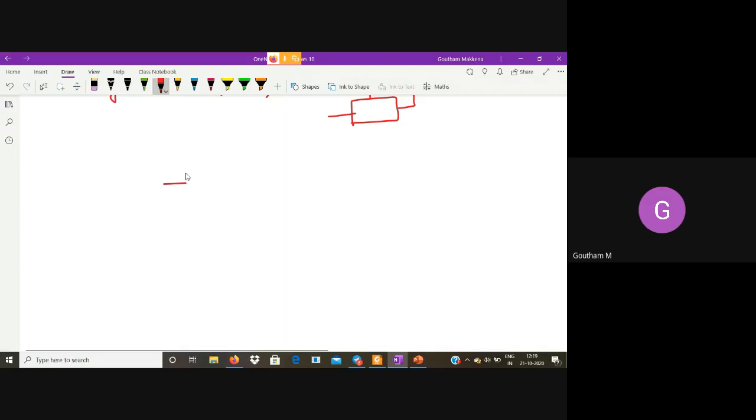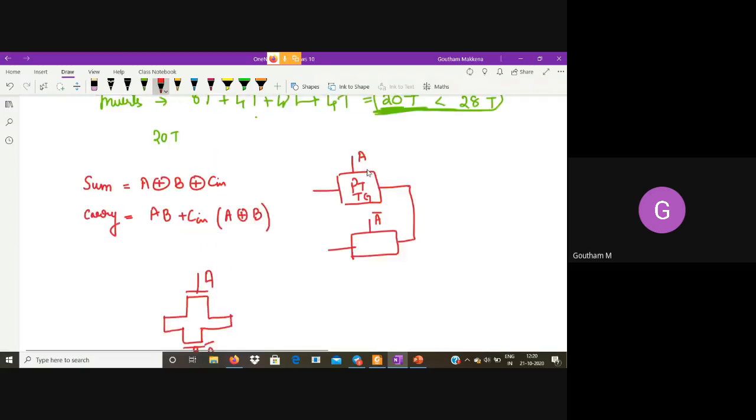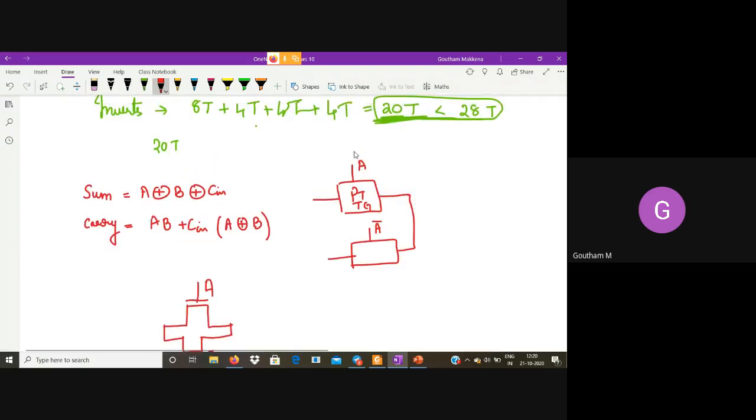And what is a transmission gate? This is an arrangement of NMOS and PMOS in this particular fashion, with the gates being opposite. If this is A, this is A bar. Now the bottom transmission gate should be getting the complement of whatever the top is getting.